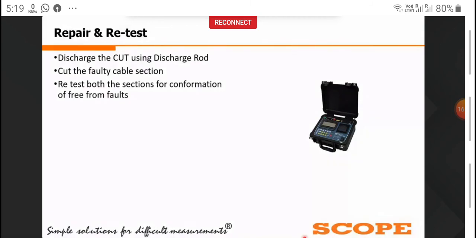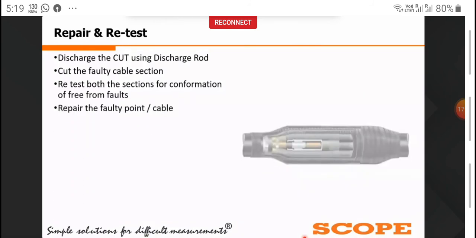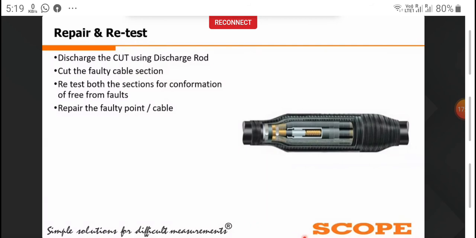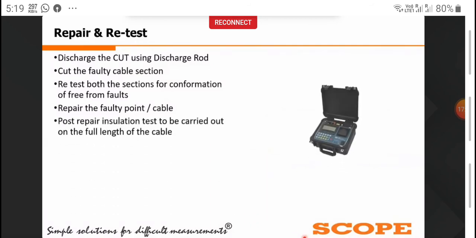So whenever another fault is present in the cable, we will repeat all the previous procedures in the cable fault location. We will detect this other fault, pinpoint it, and remove the faulty section. After confirmation that all the cut sections are healthy, we will go for the repairing steps. In the repairing step we will make the cable joints and create proper terminations.